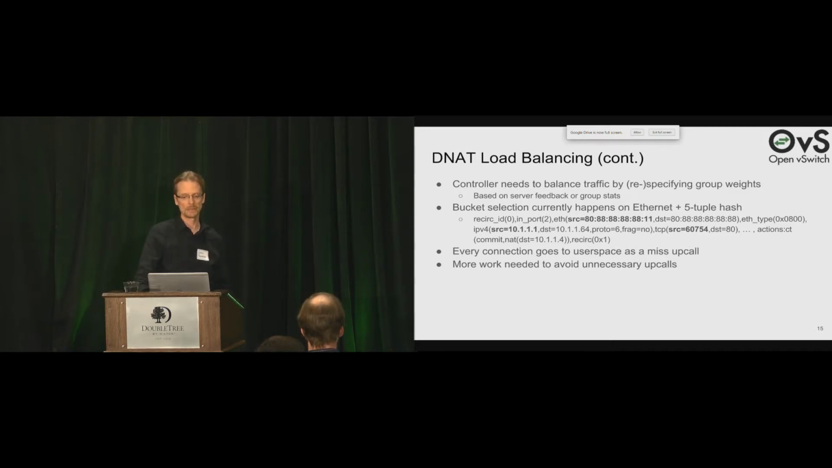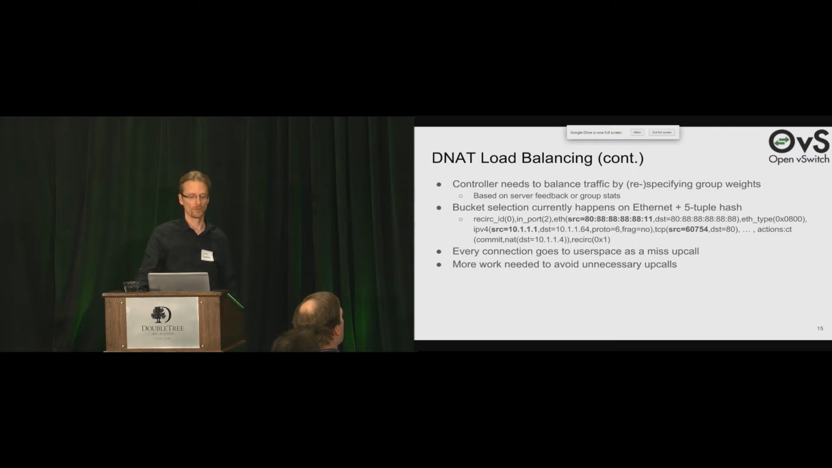And testing with this, I noticed that we currently use a hash-based mechanism for selecting the bucket, which hashes on both Ethernet addresses and the full 5-tuple, which means that basically every connection goes to user space as a miss upcall. And we don't want to undo, as Joe said earlier, all the good work we've done with megaflows. So basically, a solution like this is not production ready for performance reasons. And we need to investigate other means for selecting the buckets